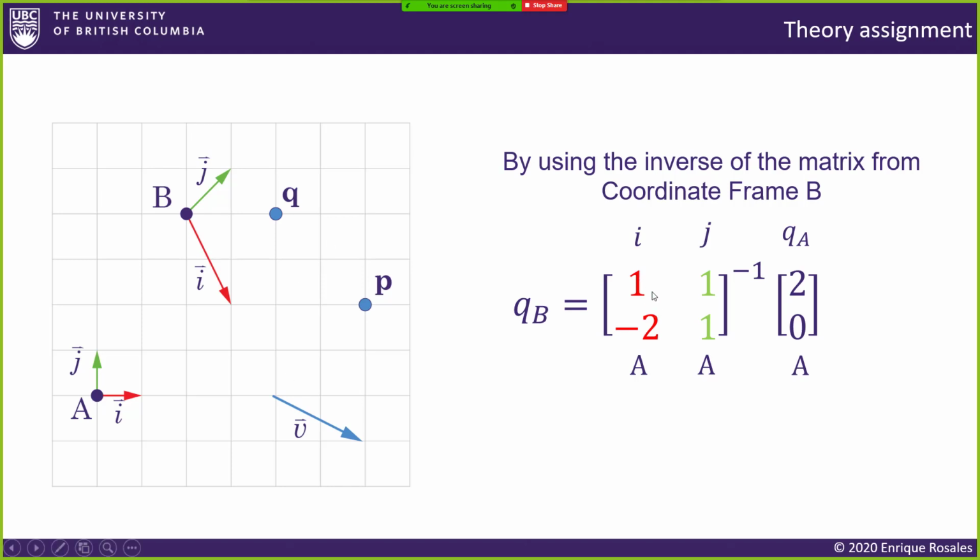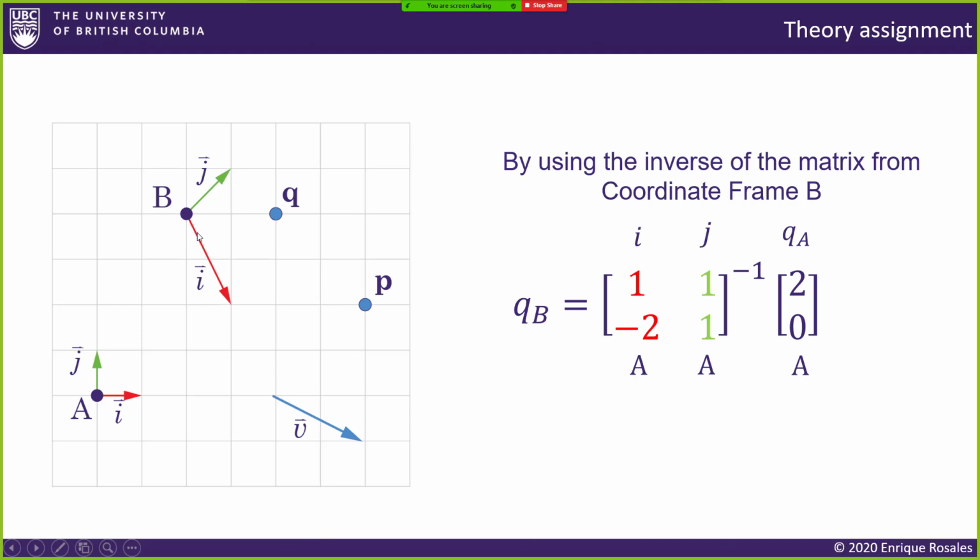When I tell you that this column vector here needs to be the coordinates of the basis vector I from B, right? So this is vector I from B. You agree? Okay? So these need to be the coordinates of this vector with respect to A. When I say the coordinates of a vector, I mean the coordinates of the tip of the vector. You agree? So the tip of the vector is this point here, right? So this is the vector, right? But if I want to